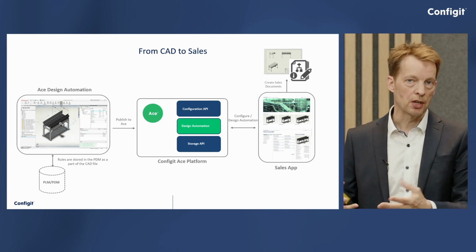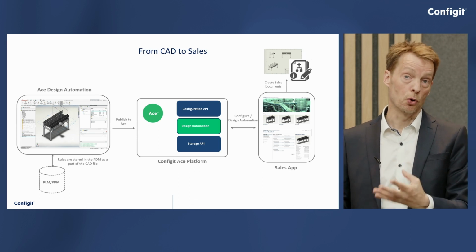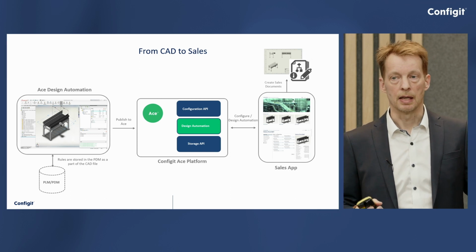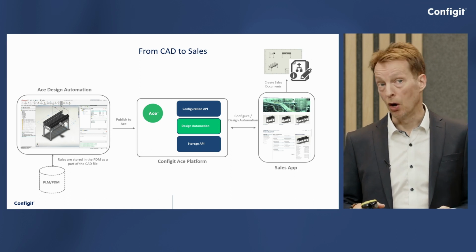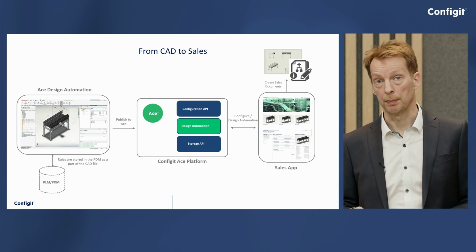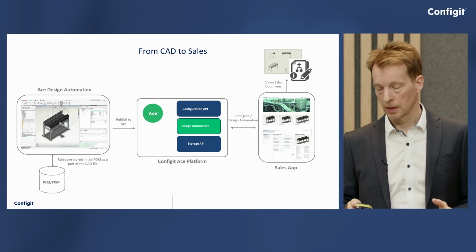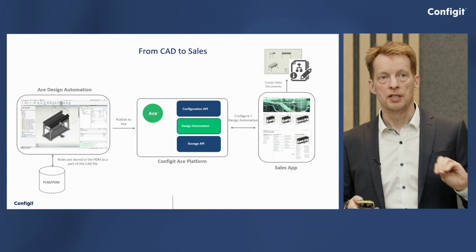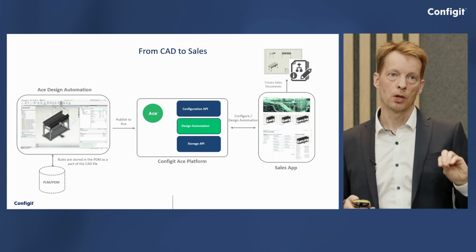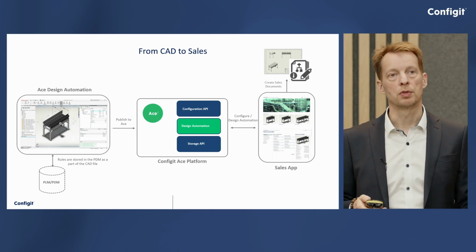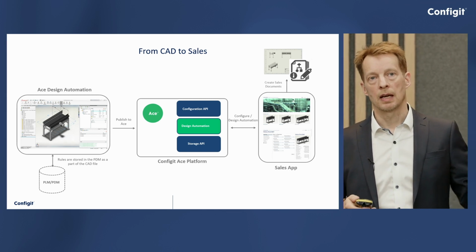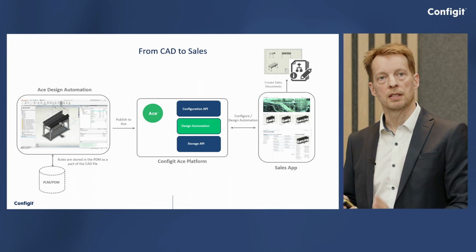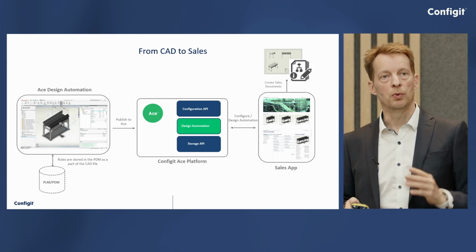Then that might trigger an ETO, an engineer-to-order process, where you will have to go back to engineering and get them involved and do the calculations to see whether that would be possible. So this is one example where engineers, by putting in the work up front, by adding the rules in the CAD environment, can basically fully get alignment with the sales cases and the sales processes without having to be